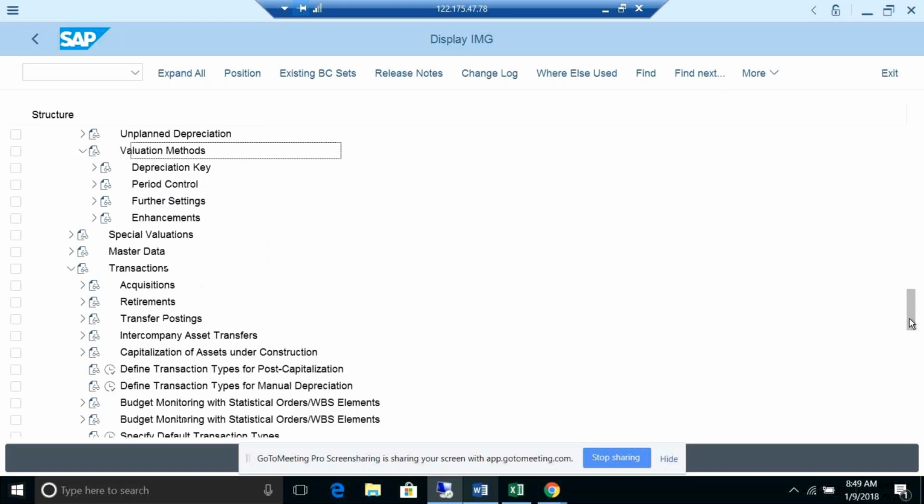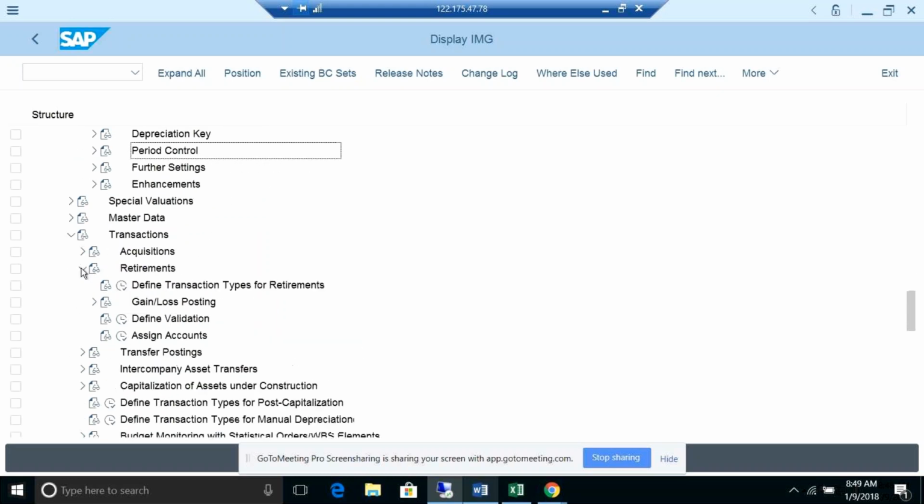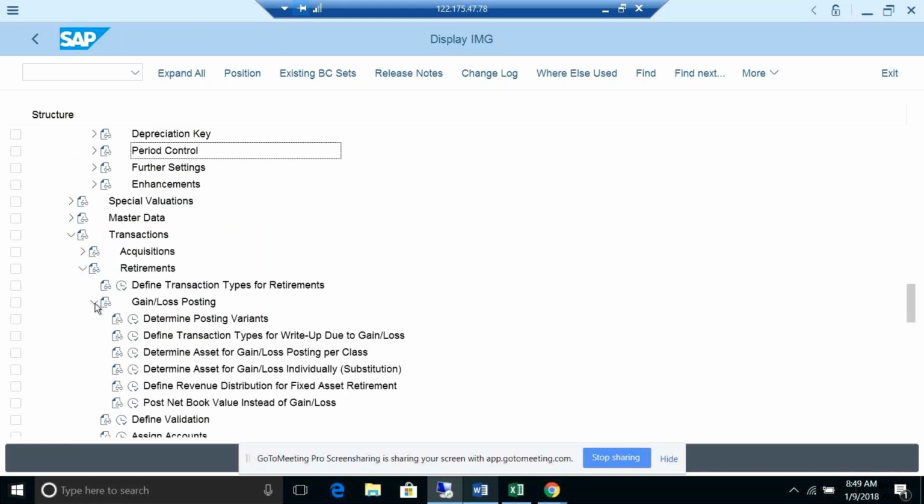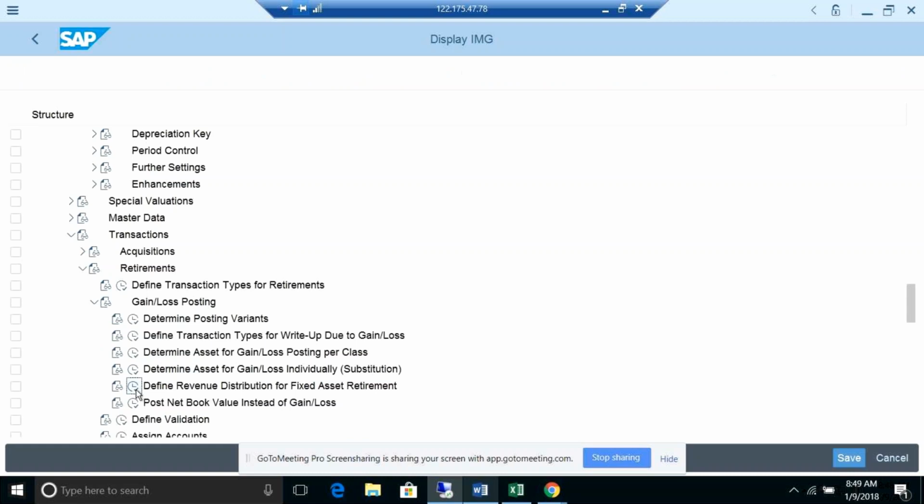This one is one more new defined revenue distribution for fixed asset retirement.